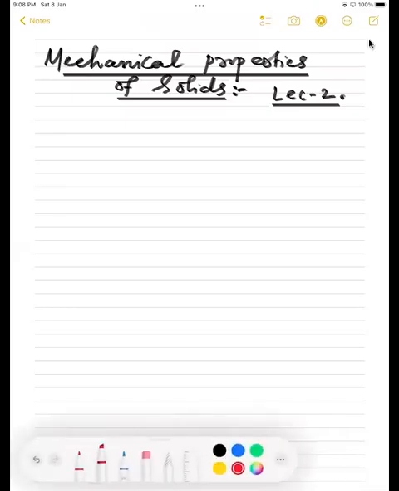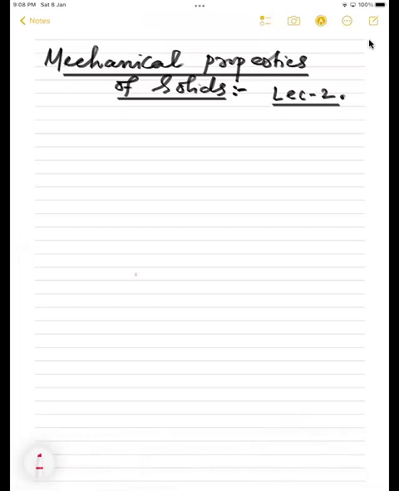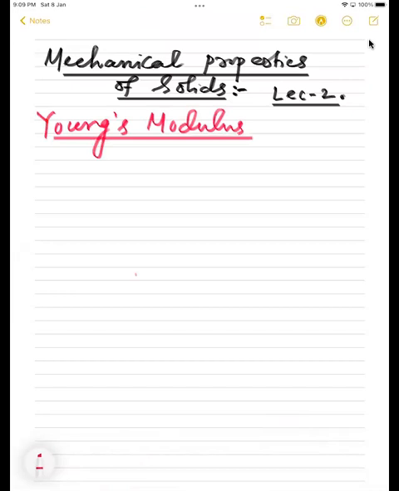Students, in continuation of mechanical properties of solids, let's start with Young's modulus, right? Give the heading. It's a very theoretical chapter, not that difficult. Young's modulus, students, is defined as the ratio of